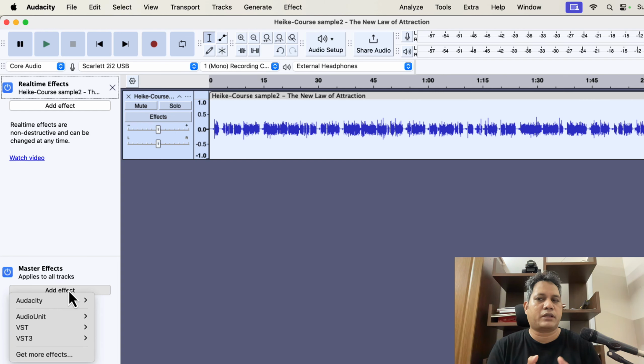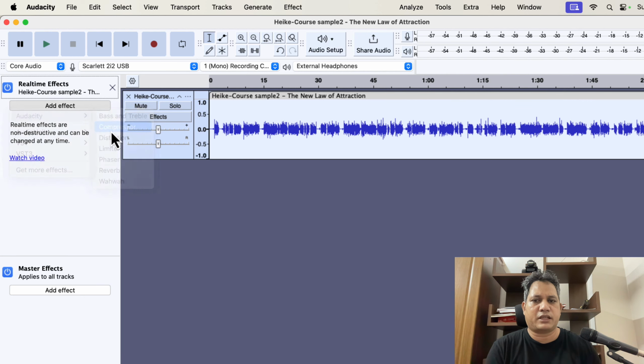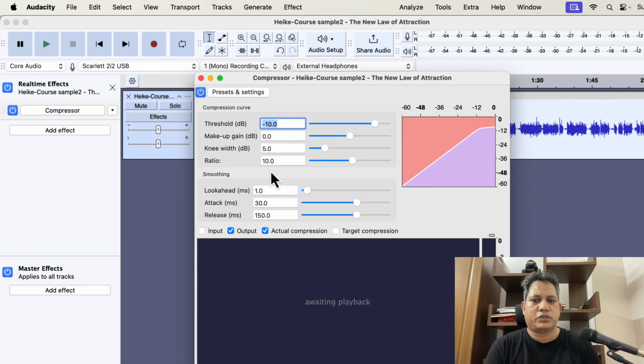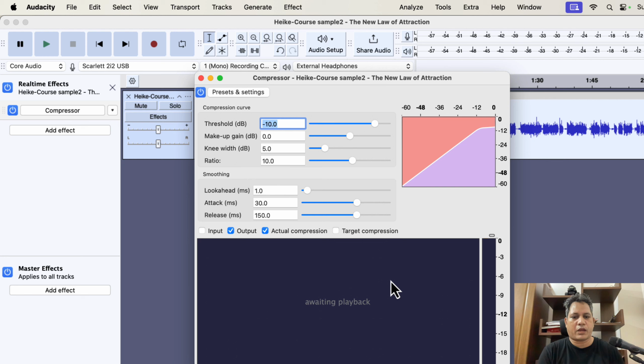Which are available, and Audacity is kind of moving towards that way. And another thing about the real-time effects is that the compressor and limiter now show something that can be configured in real time. So you can see there is an awaiting playback region here. What it does is, when you play the audio, it will show how much